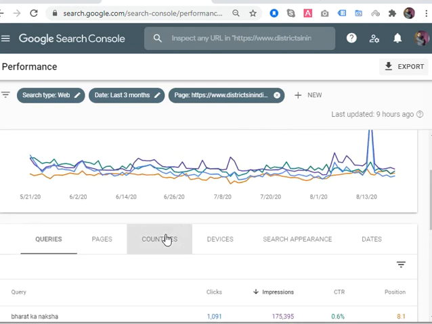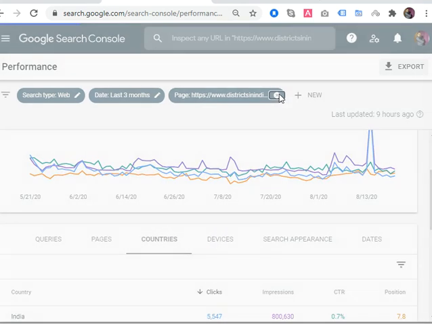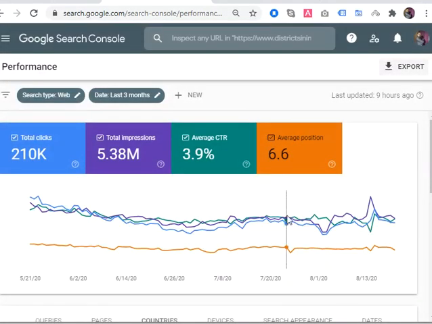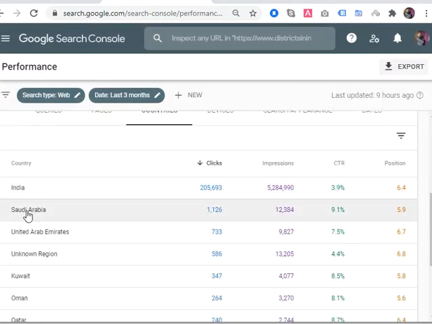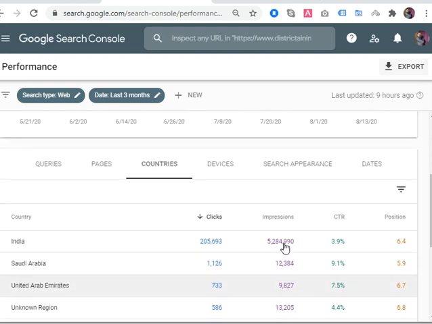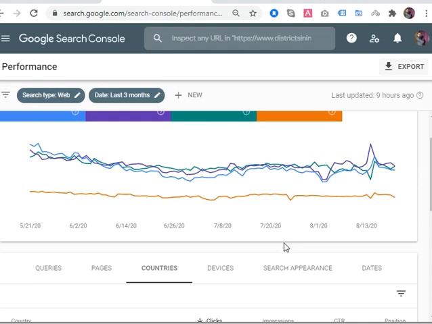Other than this, you can check the countries from where your site is getting traffic and can gain traffic, like India, Saudi Arabia, United Arab Emirates, and other regions. So this is the part that you have to analyze and understand, how to improve the traffic, because ultimately the goal for a client is to gain traffic from the correct keyword. Traffic can come with the wrong keyword, but it's not useful if the traffic is not coming with the right keyword. So the right keyword and landing with the right keyword is very essential.